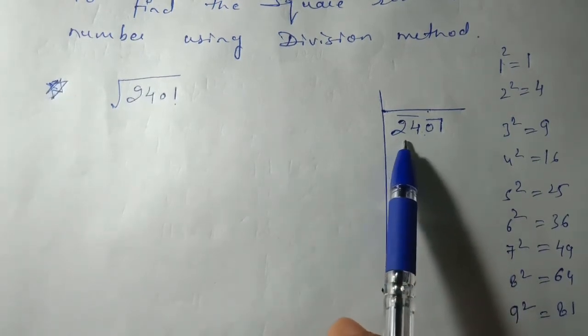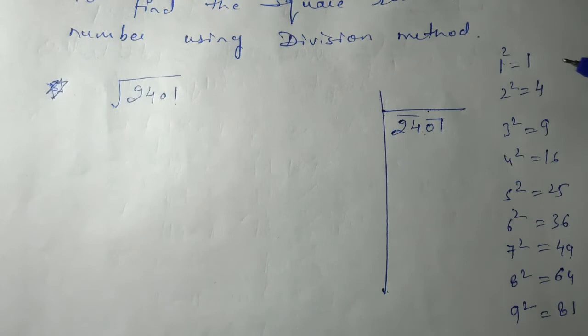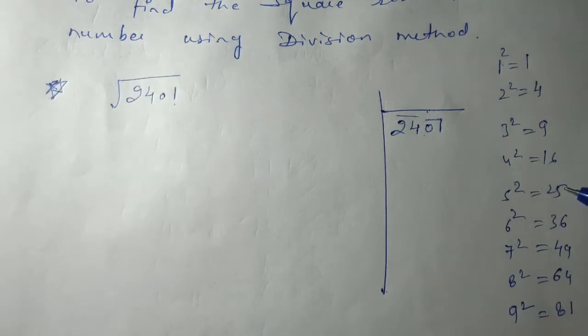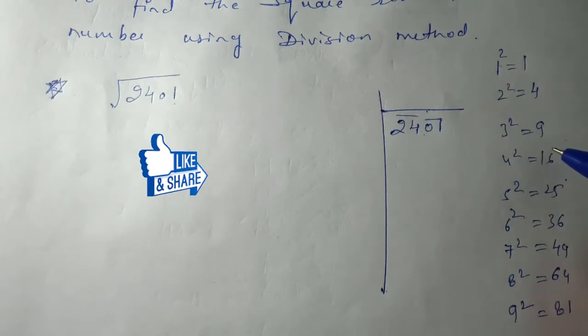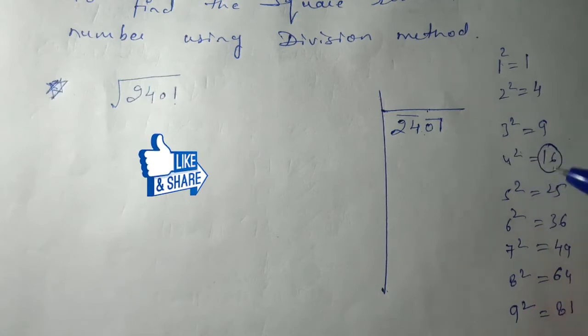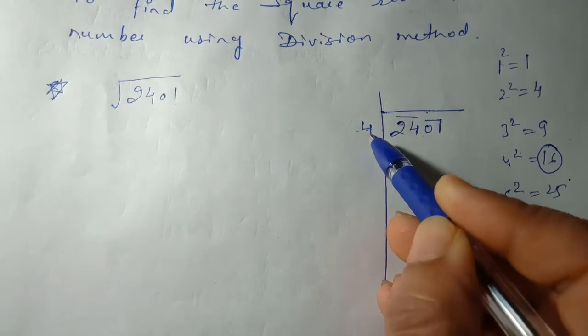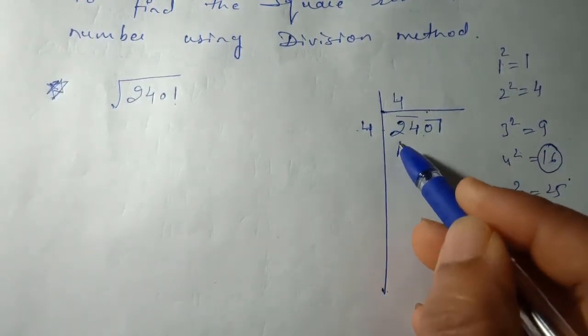Now, in the starting we have the pair of numbers, that is 24. We have to find the perfect square number, so we are identifying 24. Here we are observing that there is no such number. We don't have 24, so we're going to take the number less than 24. The number less than 24 is 16. So how is it formed? By multiplying 4 by 4. So we're going to take 4 over here. Outside the line 4 we have to write, and 4 at the top. So 4 into 4 will give 16.